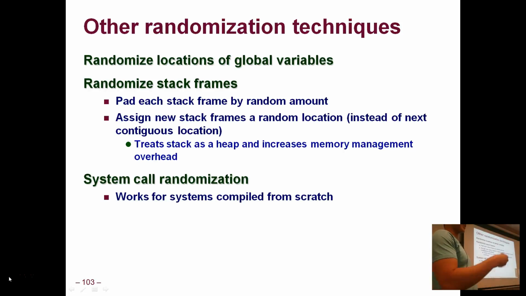But if you're doing something like Gentoo and compiling everything from scratch and you've randomized your system call numbers, it'll still work, but no other binaries compiled on other machines will run on yours. Only your code will run on your system. But that disables adversaries from injecting shellcode, because unless they know your system call number for execve or setuid,